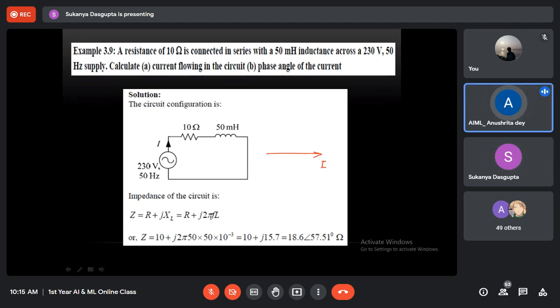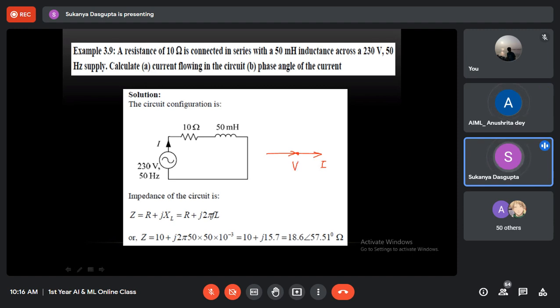Ma'am, because V is the starting point. No. But in case of a series circuit, if you consider I as the reference, then it would be simple. Because it's a very simple circuit, only one R and one L. When many components are added, the phasor diagram will be a little bit clumsy if you consider V as the reference. Also, this I is only flowing through R, which is along the x-axis. So that is why we are taking I and V in the same direction.